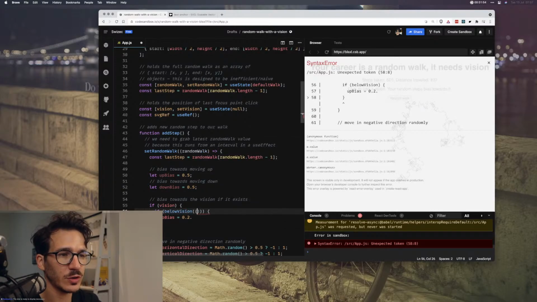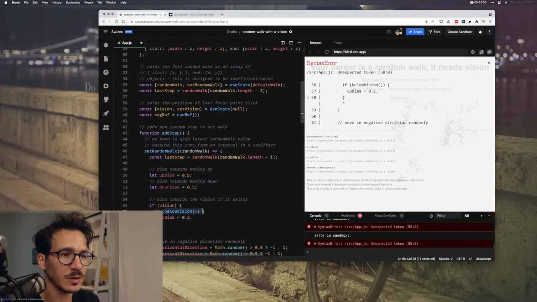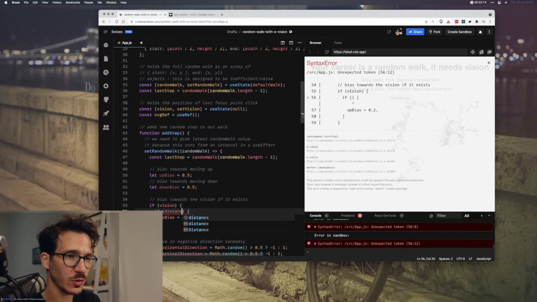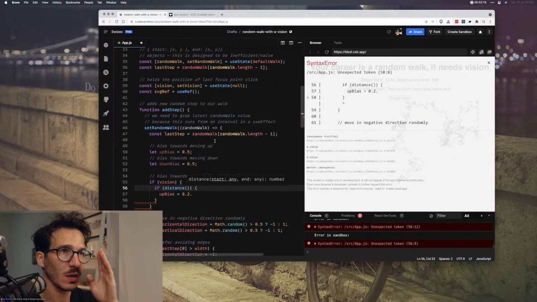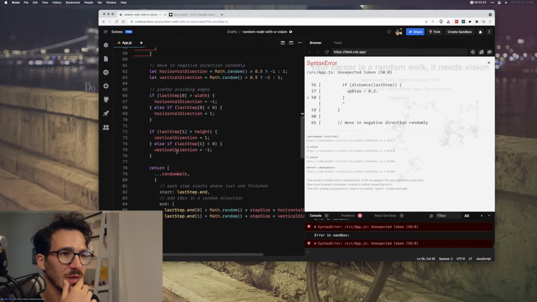If below vision, so we're going to calculate that separately. Actually no, let's see if we can just calculate that. It would be nice. Can we just do it as a distance? Yeah, we can do it as a distance. So we're going to say if distance of our last step, where else am I using last step?